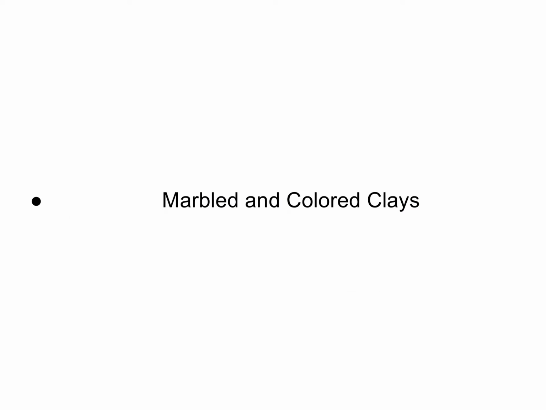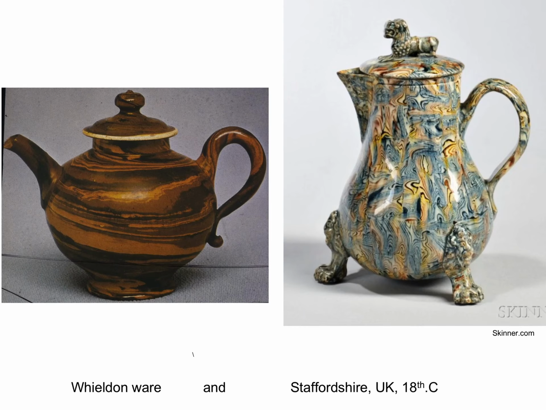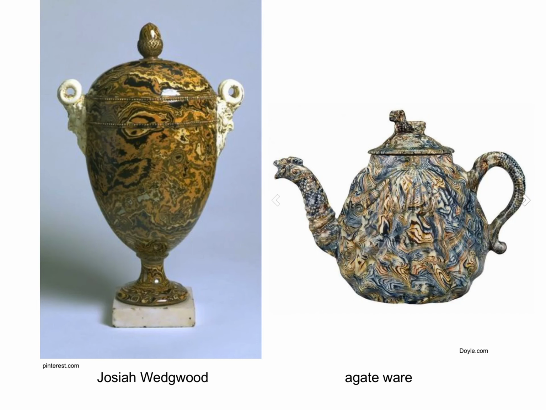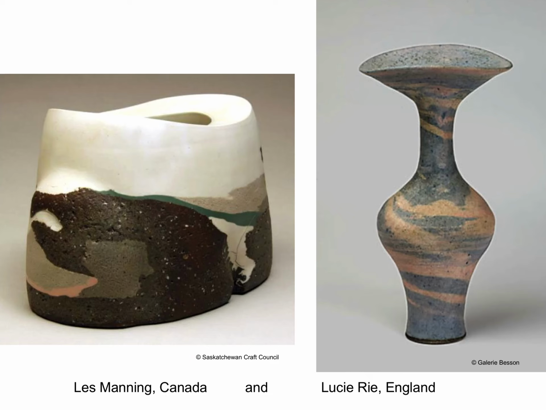Another aspect of the material aesthetic I want to bring up is marbled and colored clay. Again, this has a long history in the field. You have Whieldon ware on the left and a teapot from Staffordshire on the right. An example from Josiah Wedgwood. We've looked at those types of ware in the simulation aesthetic, but again, because of the approach to materiality and process so specific of the material aesthetic, I wanted to introduce them as well